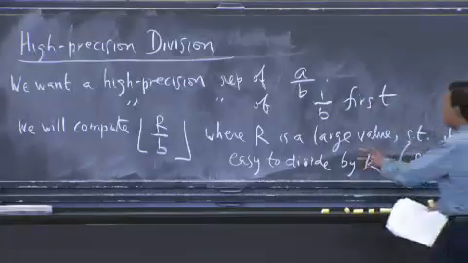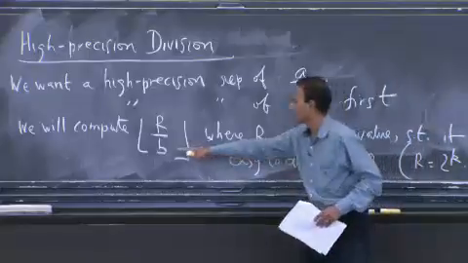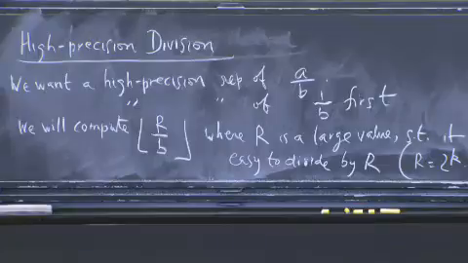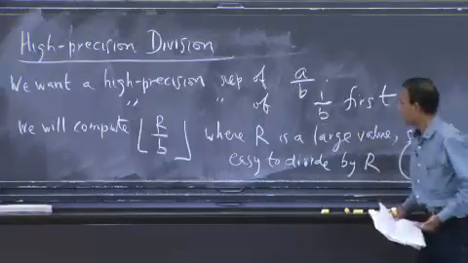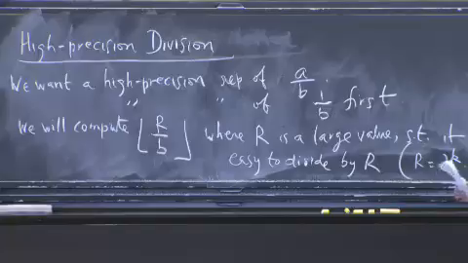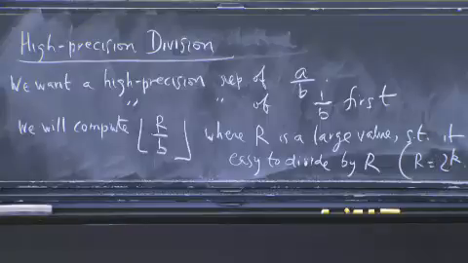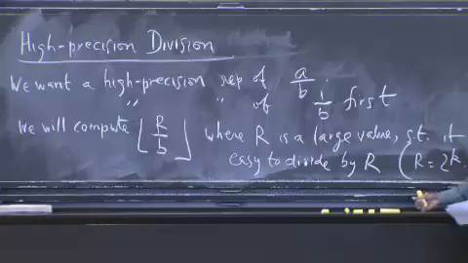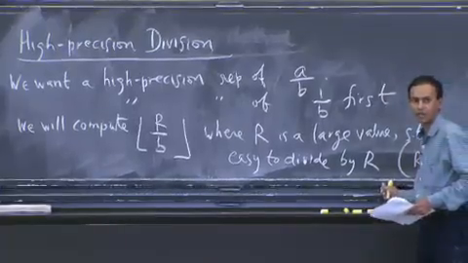Okay? So it feels like, hey, wait a minute, why are we dividing by R? Well, remember that you want 1 over B. And if you're computing R divided by B floor, and you actually want 1 over B, which then you can use to multiply by A, so you can run your Newton iteration, then you want to divide by R. All right? And that division is essentially going to be something that shifts things to the right, so the most significant bits move to the right, and you get a smaller number. All right? That makes sense? So we all know how to divide by using shifting, assuming the bases work out right.